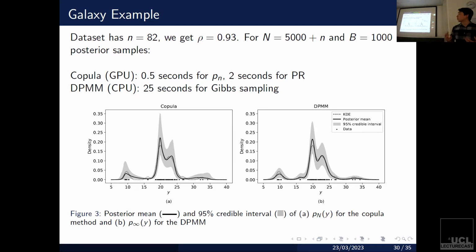So we're going to be fitting our predictive to our data points. It's going to give us some bandwidth, in this case 0.93. Then we're going to predictive resample, and then we're going to see the distribution of those random densities. And we're going to plot that in this posterior mean and credible intervals. On the right-hand side, we have the traditional Bayesian nonparametric method that goes through MCMC, and you compute the posterior density.